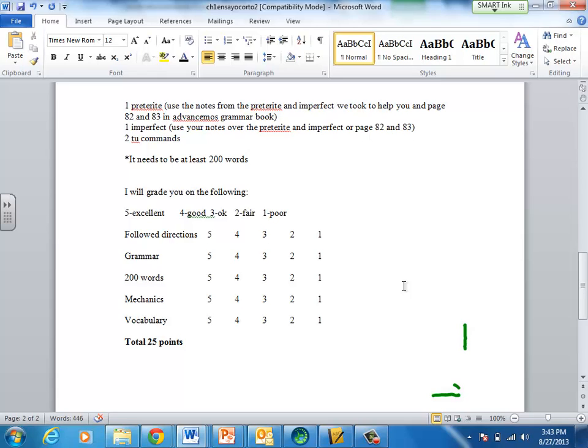Did you read this letter? And you can find this letter also in Big Campus under the discussion. I posted the ensayo corto there, so you can reread it if you need to. Okay, so tomorrow we're going to do that in class, and then also we're going to watch 2 videos,